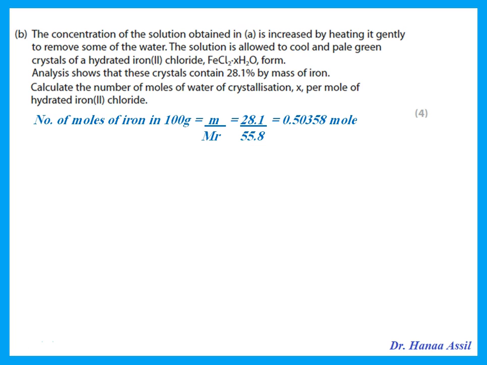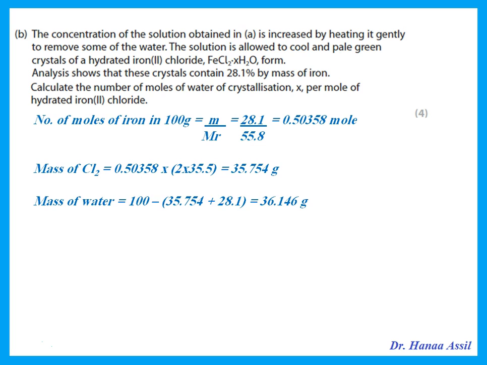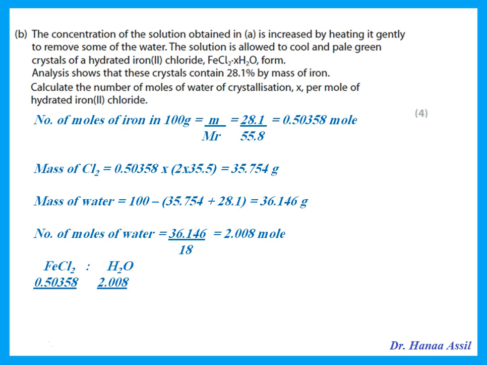Okay, so what do we do? We get the number of moles of iron. He's saying it's 28.1%, so assume that we have 100 grams, then my number of moles of iron would be this. This means that the mass of chlorine, this is the same number of moles. Remember, the number of moles of iron would be the same as the number of moles of the Cl2. So you can use it to get the mass of chlorine and then subtract everything from 100 to get the mass of water. Number of moles of water would be this mass over the Mr,